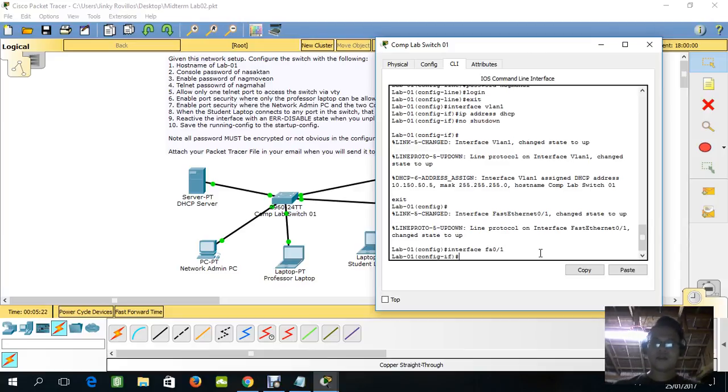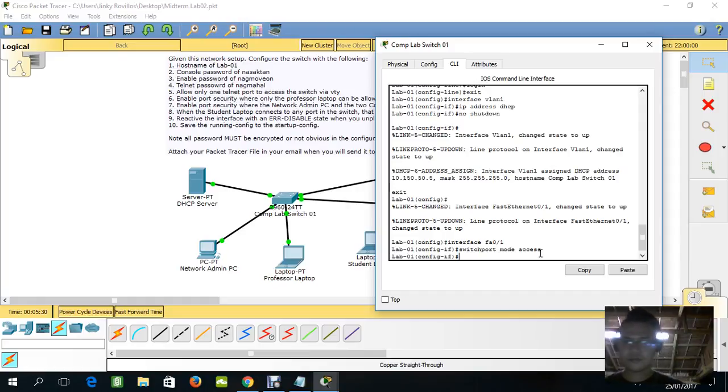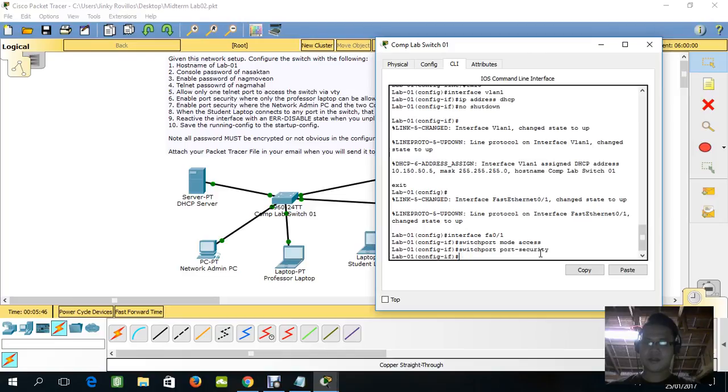Okay. And then next one, switchport mode access, then switchport port-security. Oops, I forgot the dash. Just type enter.